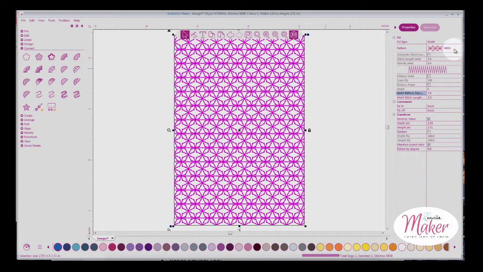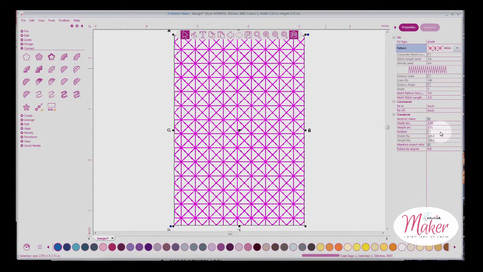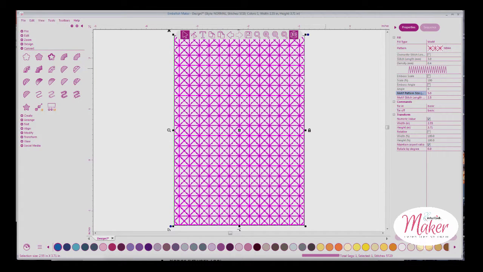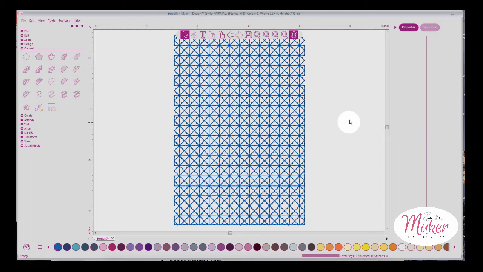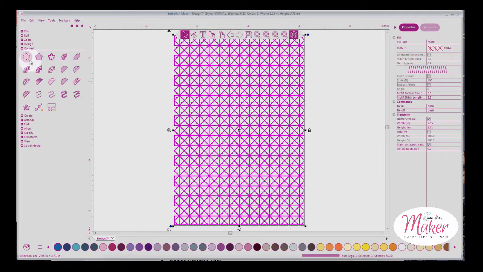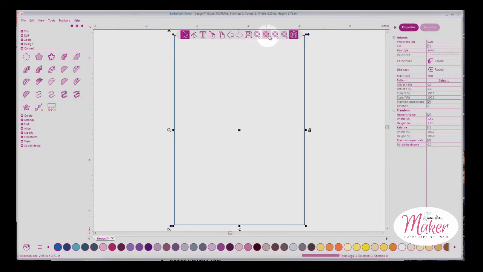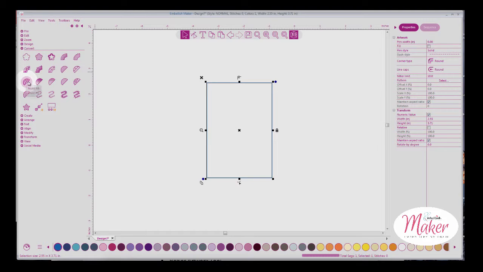You can also change the type of decorative stitching done in there. So in the drop down window across from pattern, you can go ahead and change that to anything you wish. Select apply, and the same thing, you've got motif pattern size. You can change this to go larger or smaller. I'm going to turn this back into artwork so it is no longer stitches and tell you about the next feature,